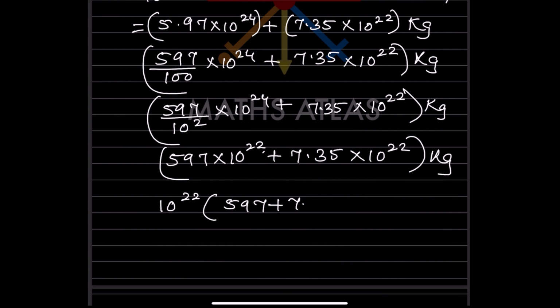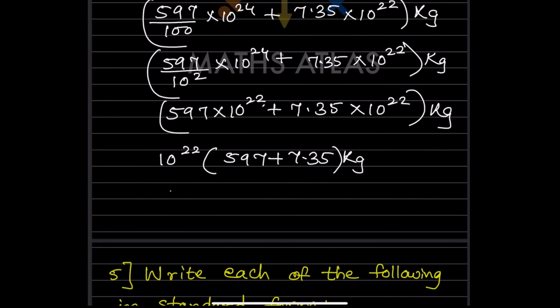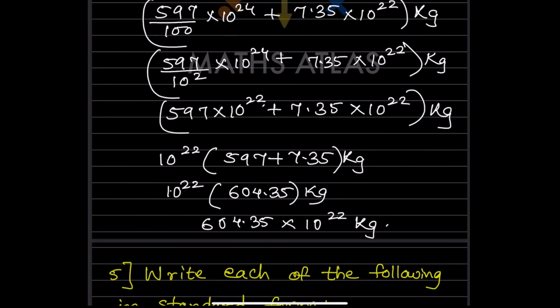597 plus 7.35. Now this is easy to calculate. So we can write this one as 10 raised to 22, and 597 plus 7 means that is going to be 604, 604.35. So we can write here 604.35 kilograms. So that can be also written as 604.35 into 10 raised to 22 kilograms. So this is the answer. So now did you get it? Why that was changed? So now these calculations become easier. So if we could have done that divided by 100, then it could have been a lengthy